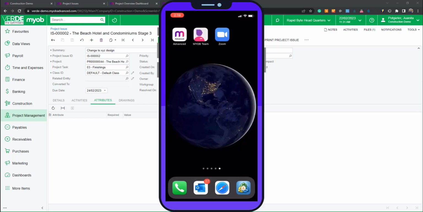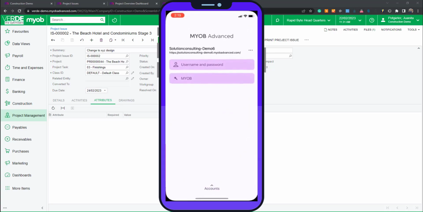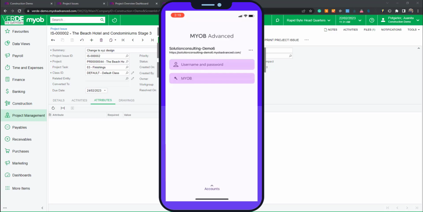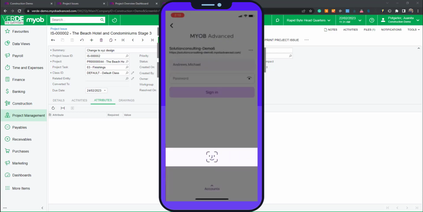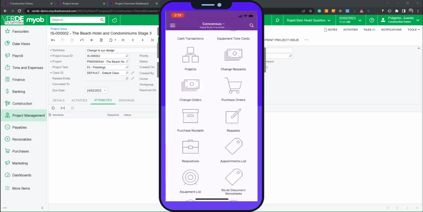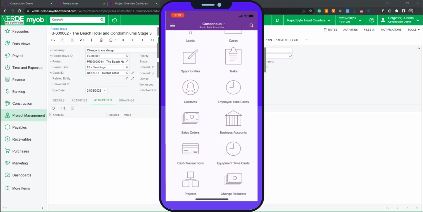As MYOB Advanced was built as an online solution for the mobile workforce, it runs on any device using any browser or an app. So again, to access the platform using the mobile application, you can log into the app using your normal login credentials, or you can take advantage of security features like Face ID or fingerprint scanner. This takes us to the homepage where we can see all the different functional areas that are available within the